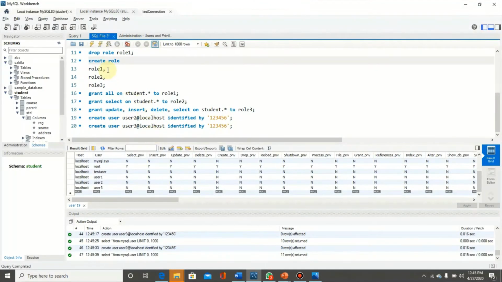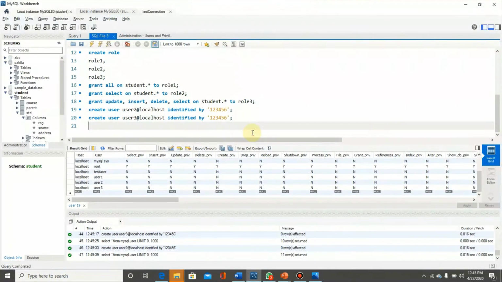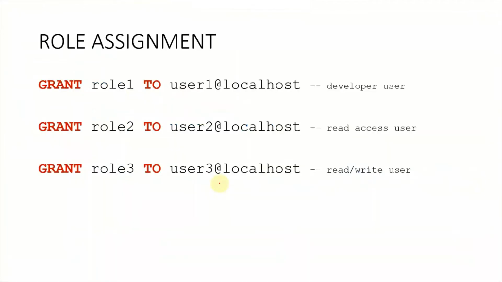Now we will assign these roles, role 1, role 2 and role 3 to these 3 users. For assignment of role we have same grant query. So type grant, then name of role to the user.